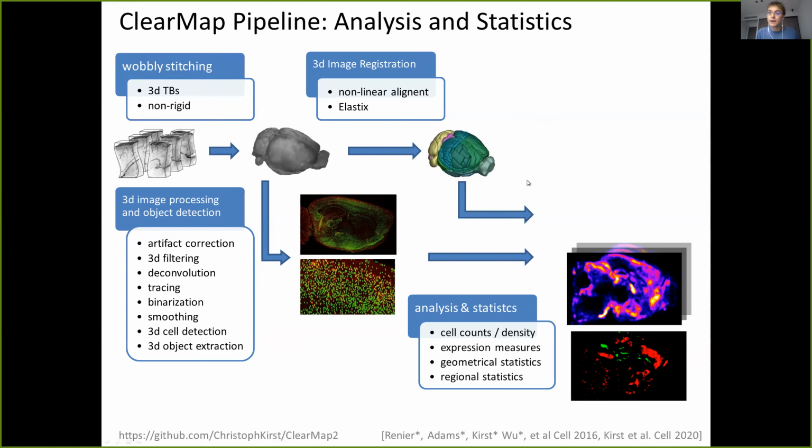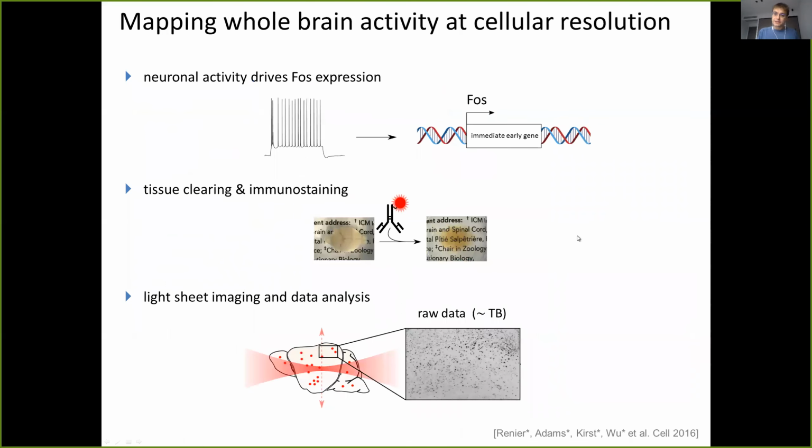Of course, we can take our atlas annotation now and measure in each area the counts of cells that were active, for example. So this solves the second part of our general pipeline that is quite useful. And I just show you one application. There are many applications that you can use this for.